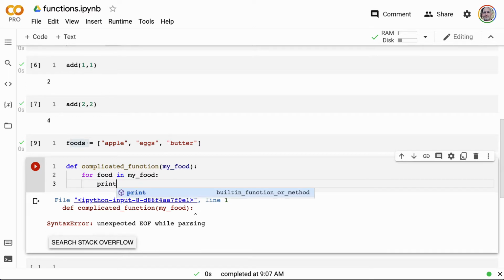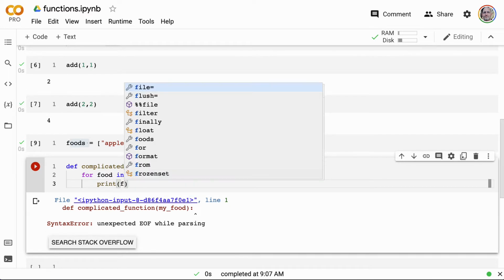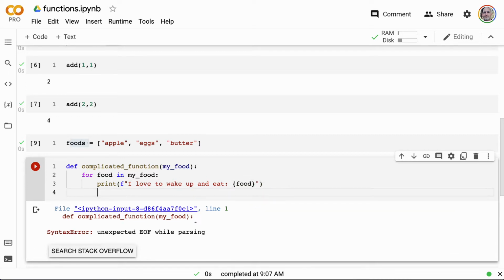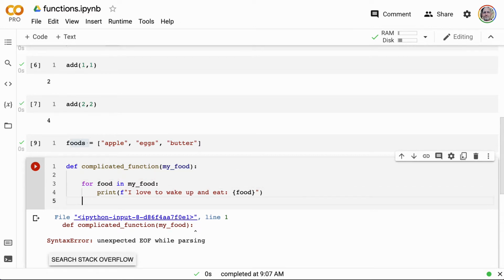So we can say print, I love to wake up and eat, and we'll put in the food in the bracket. That's something we did before, but we could actually do something a little more complicated and put lots of statements together here.